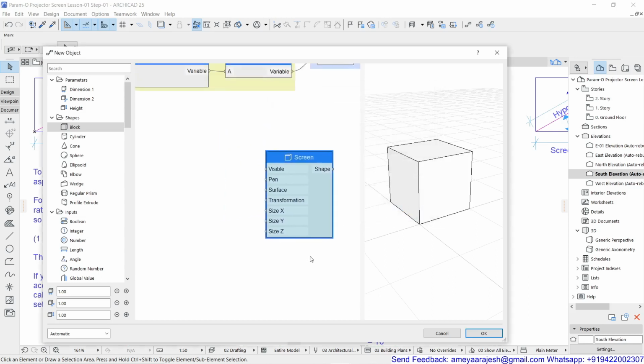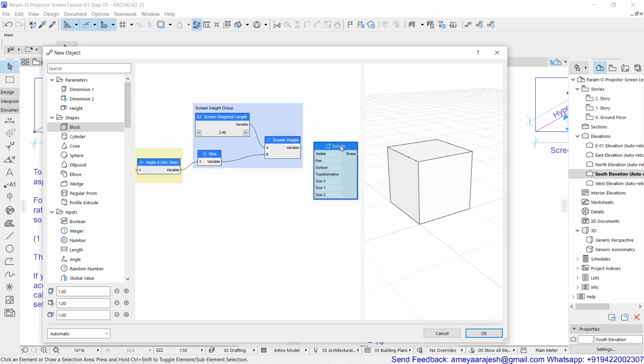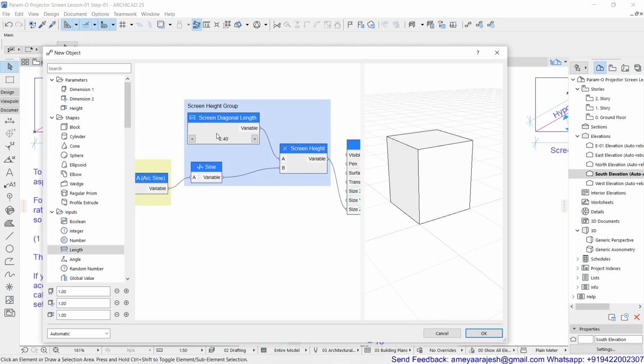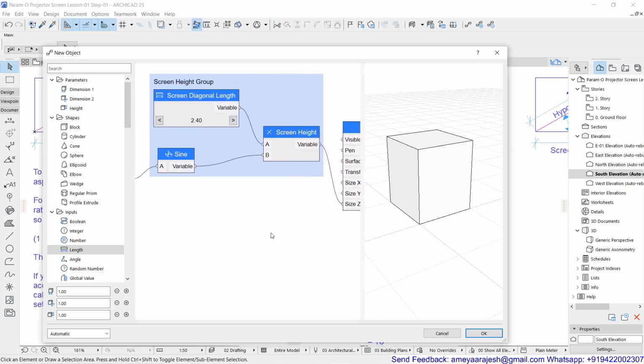So let's start joining the parameters. The first parameter which we have defined, we'll try to join now. That is nothing but my screen height, that is Z, out of X, Y and Z. So from here, I'll just push this over here. You will see now there's a slight change. That is what natural 2.4 and related things were showing, the impact. As the height was defined, now it's time to talk about the thickness. If you check, this is supposed to be my Y parameter, which I'm going to talk about now. So that also has to be defined.